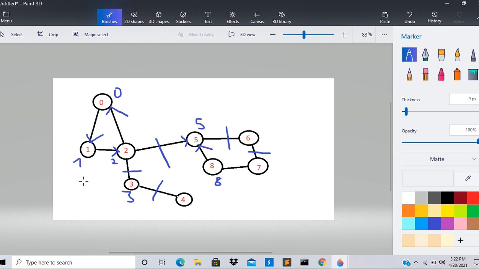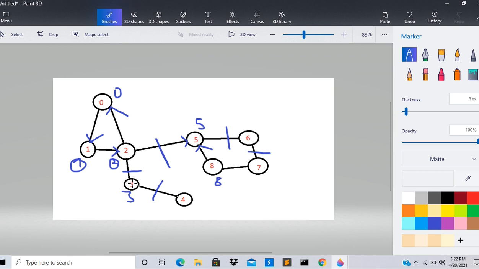So initially the low link value of 1 was 1, and now we can reach id 0, whose low link value is least, which is 0. So we would modify this low link value of 1 with 0. Similarly we will apply depth first search on node 2. From node 2 it can go to 0. So this low link value is less than the current low link value of node 2, so we would modify this low link value as 0.